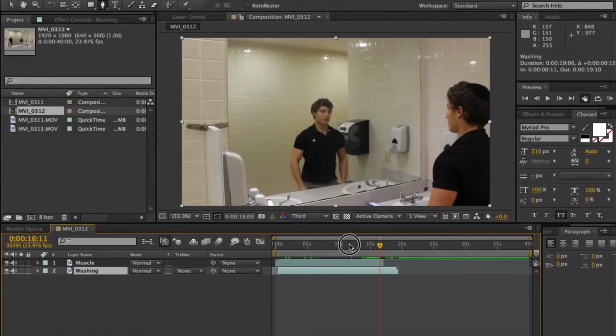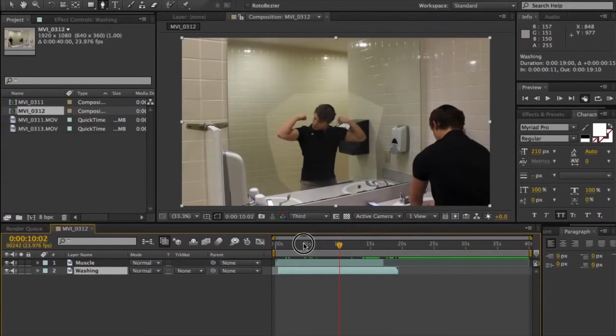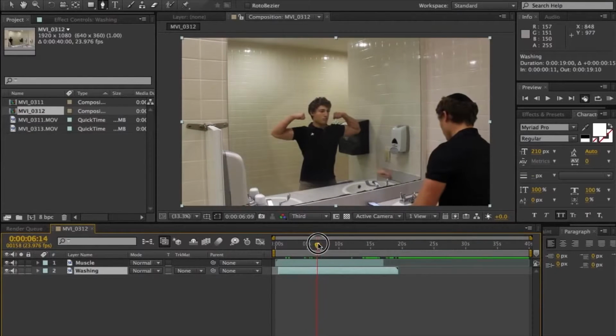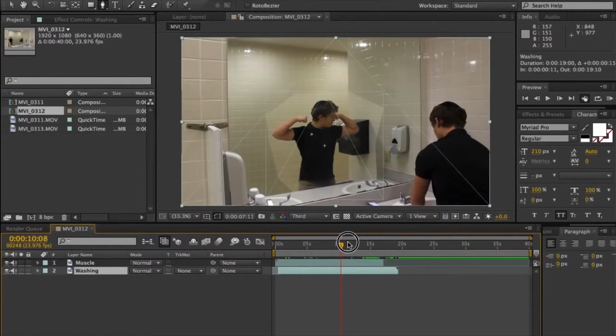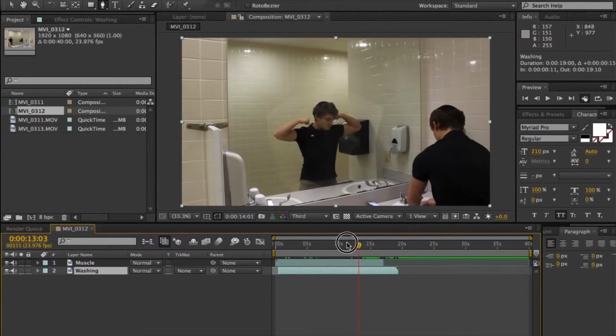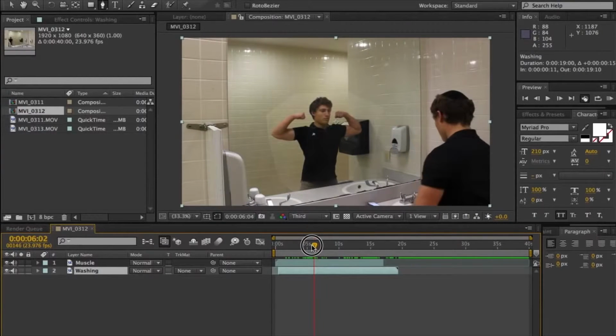Alright, now let's fix that mask up a little bit, especially at the beginning. So we have the footage timed up. We'll mess with the opacity before that, don't worry. So now you can see his hand down there kind of cuts in. So you're going to have to adjust the mask over there. And also, around right here,